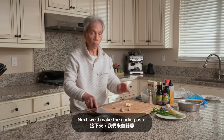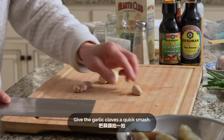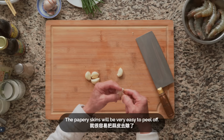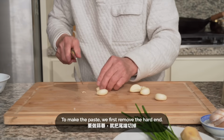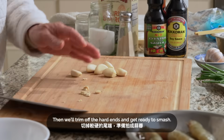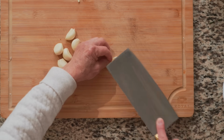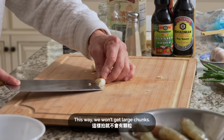我而家咧就開始整嗰啲蒜蓉先。蒜蓉咧就拍一拍個粒蒜頭，咁就可以容易搣咗啲蒜皮出嚟啦。 We'll first smash and peel the garlic. 嗰條根嗰度啦，就唔好要啦。 Then we'll trim off the hard ends and get ready to smash. 用刀到個頭嗰度拍一拍佢啲蒜，咁樣攞蒜蓉，就唔會話一粒粒咁啦。